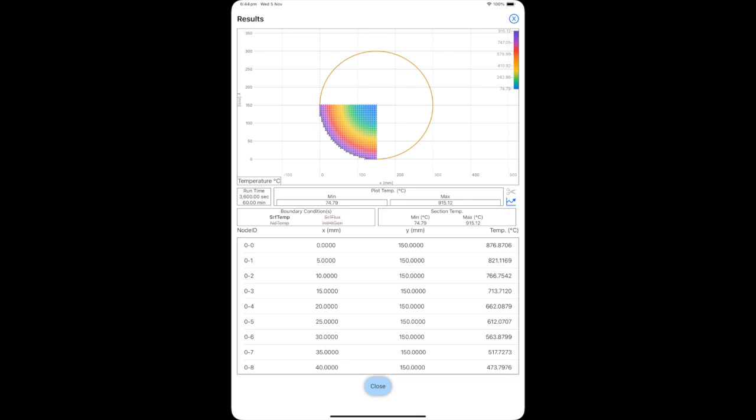The results page will automatically show up after the analysis is completed. Otherwise, tap the thermometer icon to access the results page. Tap the center of the node of the circle to obtain the temperature of the node at the end of the run time. Tap the scissors icon to slice